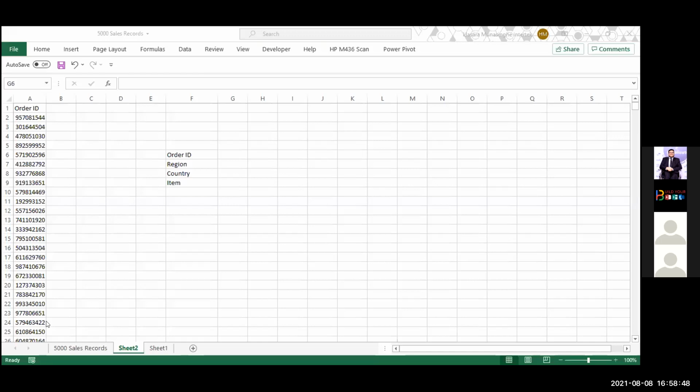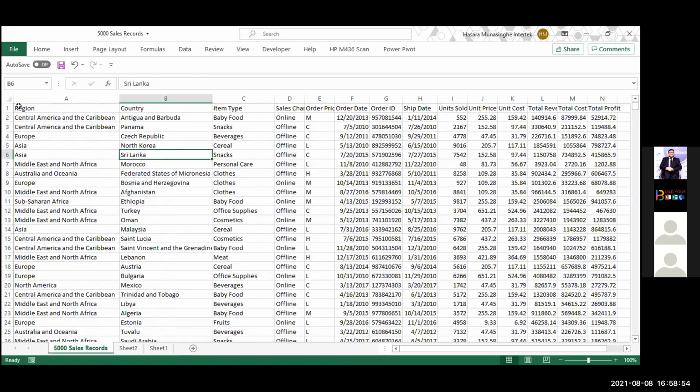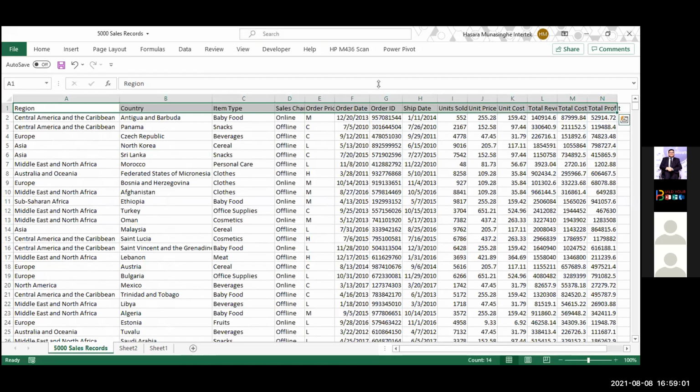Okay. Freezing cell part. I'm going to open my sales record tab. Let me just open it. All right, I hope everyone can see my Excel. Now, if you want to freeze the top row, you just have to select all this data and then